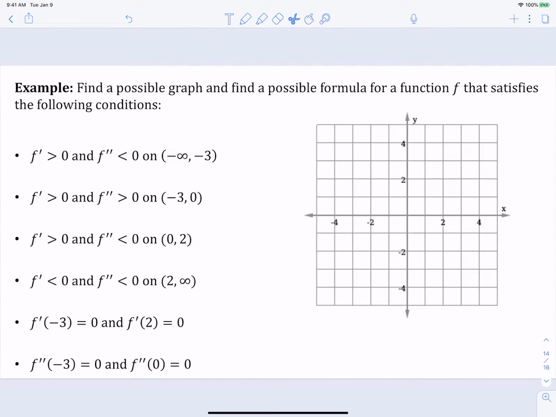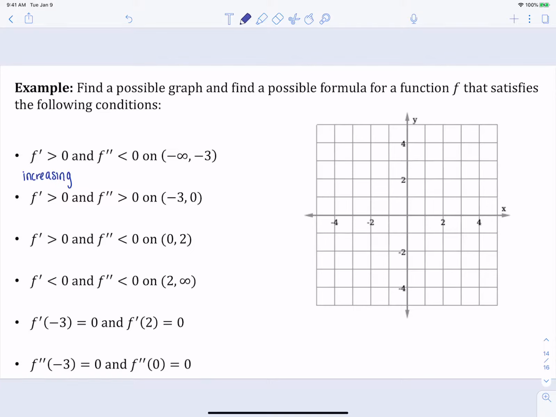All right, as promised, here is our last example on our review homework or review notes. So you should try this question out on your own and then compare it to what I get. When I do have a question like this where it's giving me a lot of information about the derivative or the second derivative of our function f, I do like to write out what each of these things mean